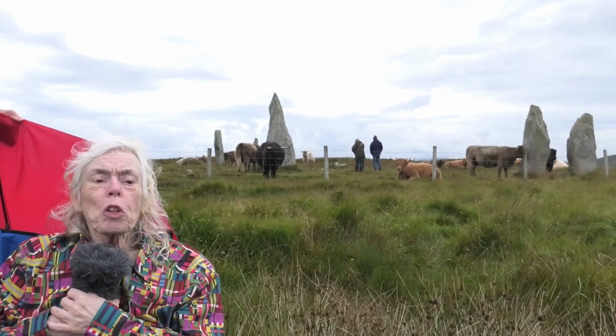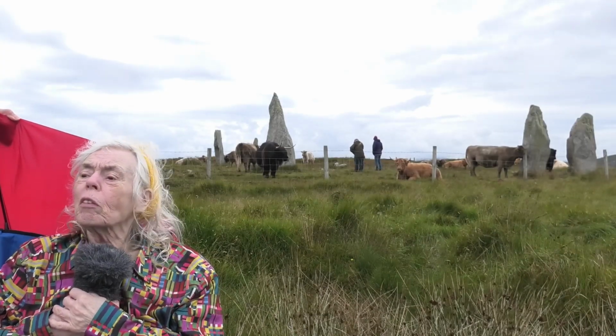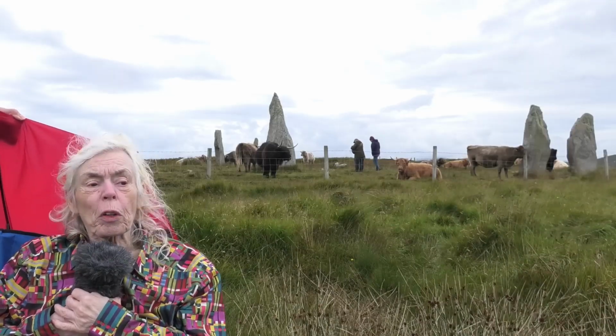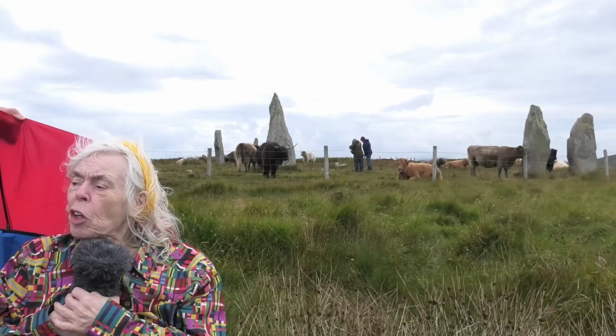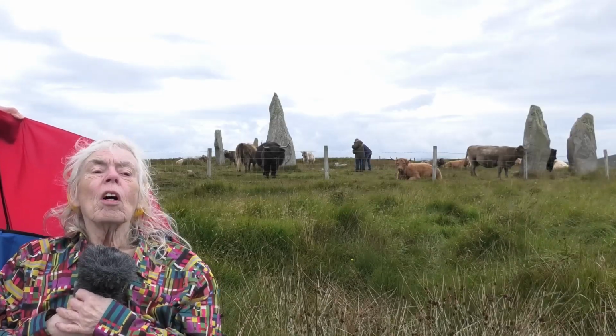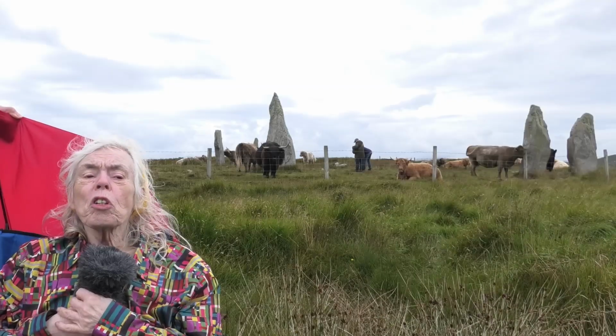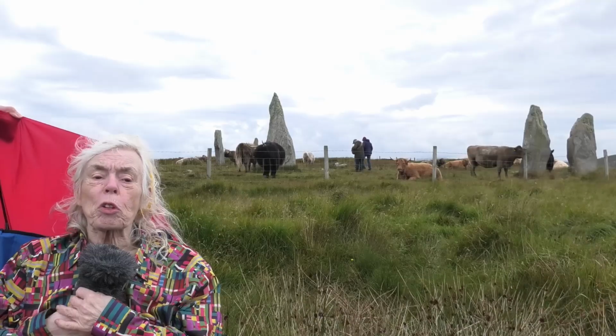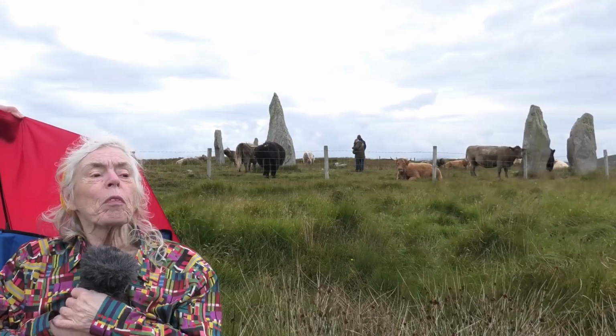So it's like doing a jigsaw. Every little bit gives you another insight into what was going on. And I think I've pretty well got to the end of all the insights. Now, Calanais village, which is where the main site is, which gets visited by many people,